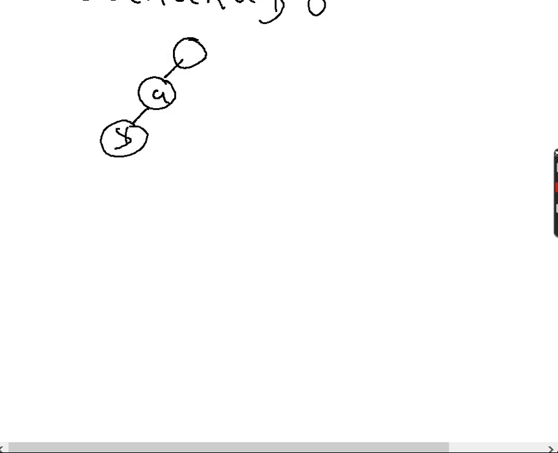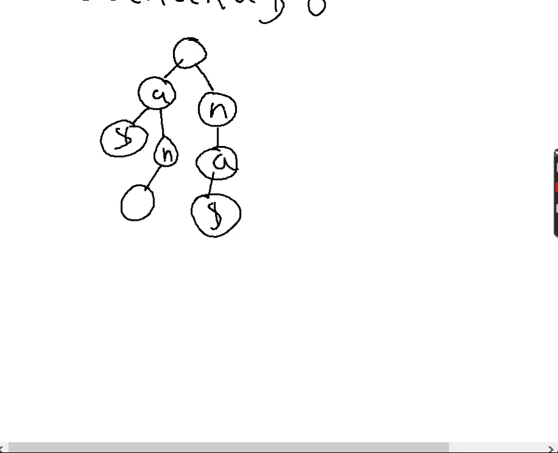Then we have A, and then NA, so we have N, A, and then we have dollar. The next one was ANA, A, N, A, dollar. Then it was NA dollar, NANA,